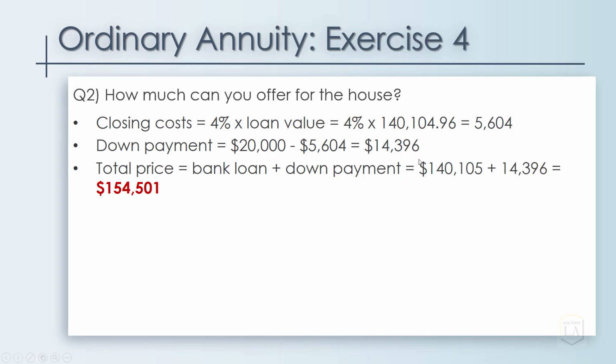So in addition to the loan, if you use this down payment amount, so 140,105, which is the answer from Q1, and you add the down payment, then you should have 154,501. This is what you can pay for your house. So the maximum amount of house that you can purchase at the moment is